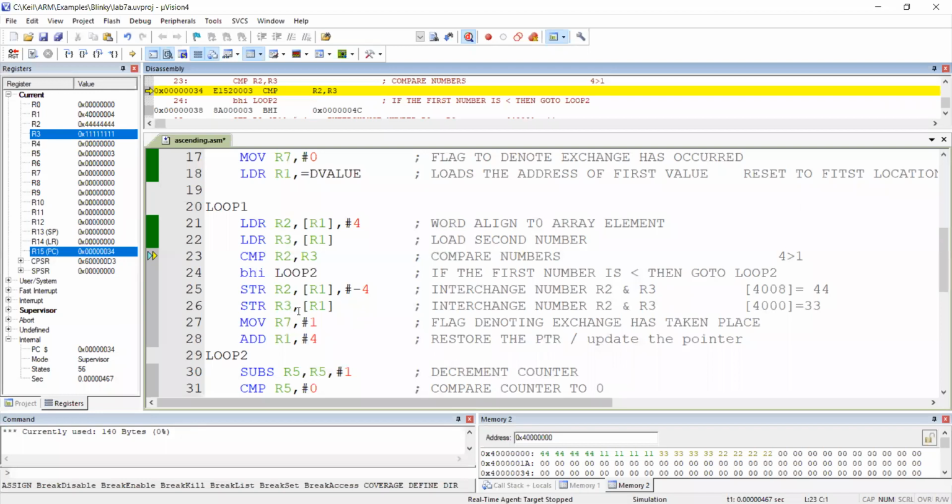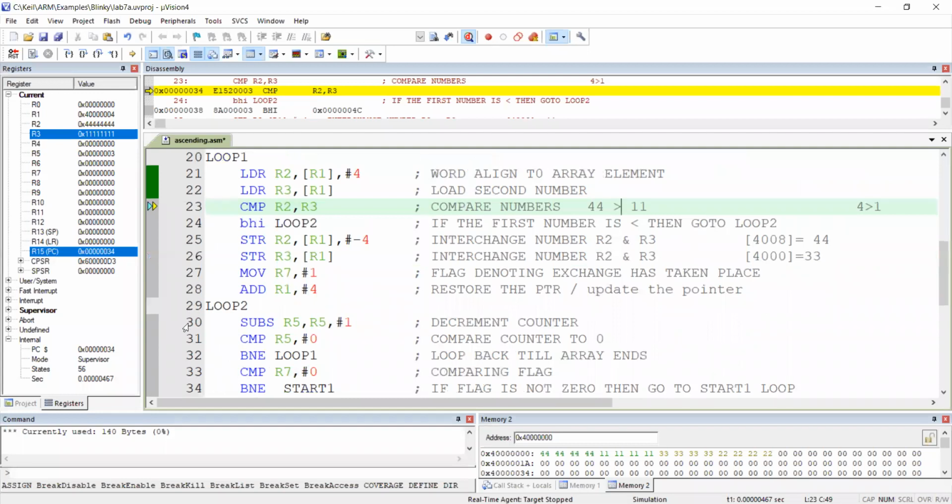Okay. So next, what is the next instruction? This line number 23 and 24, please study together. Now the question, compare R2 and R3. So I will write in short notes. What is R2? R2 is 4444. And R3 is 1111. Now, what are you expecting higher? Who should be higher? The first number should be higher. So if the first number should be higher, does the statement hold good? If yes, jump to line number 30, that is loop 2.